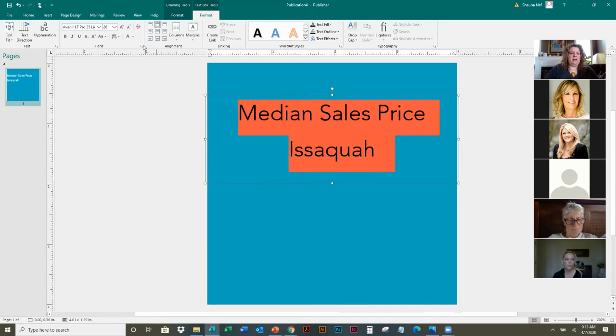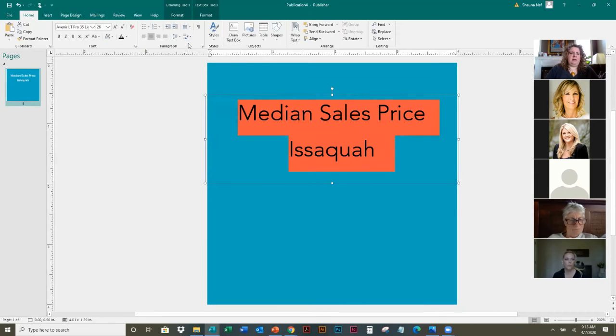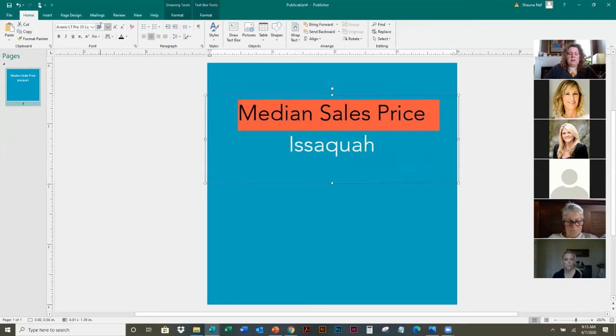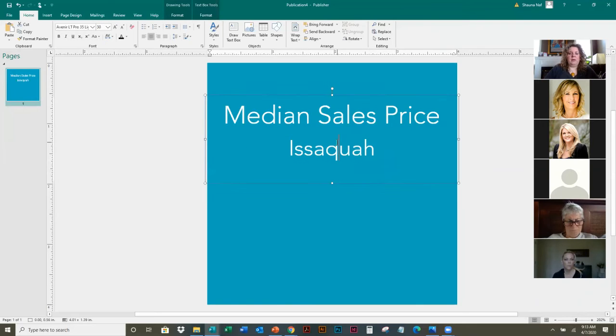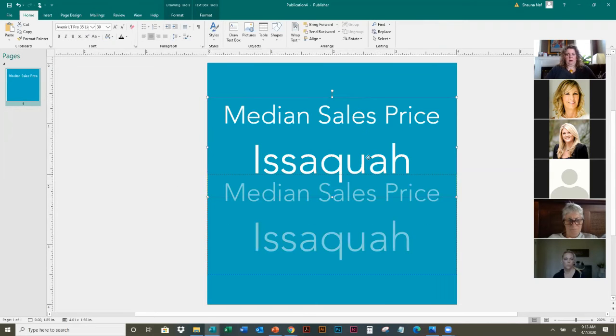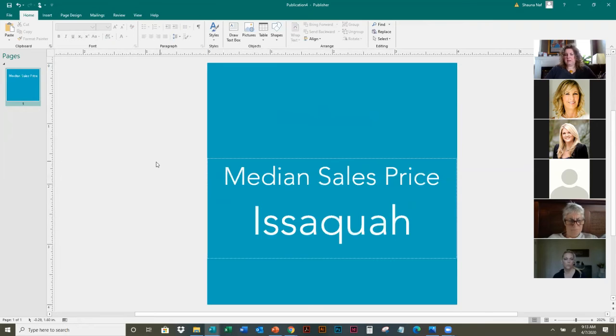Might do that centered. And you can fiddle around with this for a long time, but we're just going to do some simple things here. Still going to make this a little bit bigger. And actually I want to make Issaquah really big. Even bigger. Okay, that was too big. All right, so now we've got our median sales price, Issaquah,